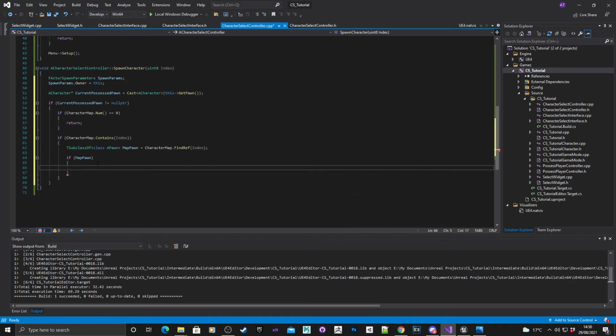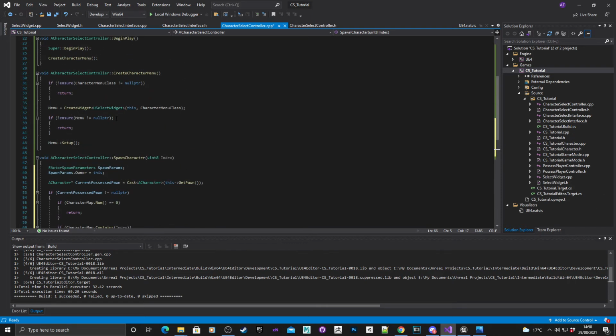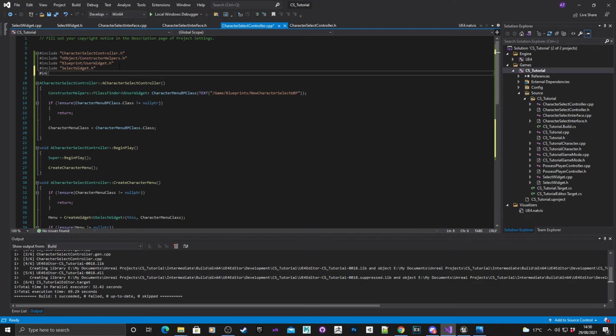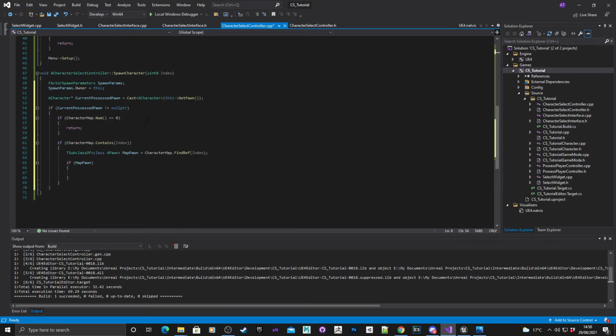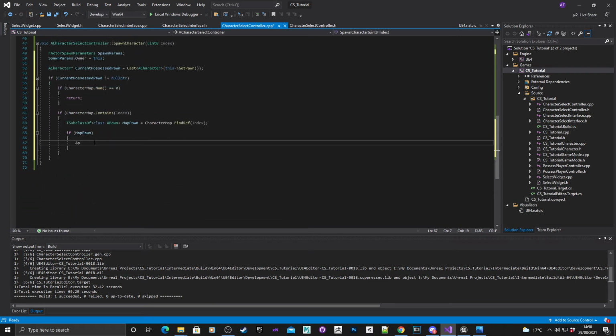Okay, this is where you have to be careful, because when you're spawning an actor, you've got to be very specific about it. So you need to determine what type it is. The ones that I've created are a subtype of CS tutorial character.h. So I'm just going to quickly add that in at the top. Add that CS character.h, and if that is valid, a CS tutorial character pointer new character